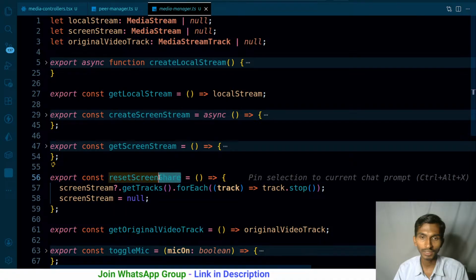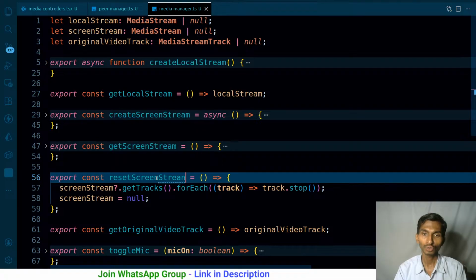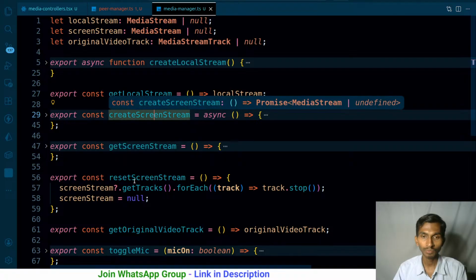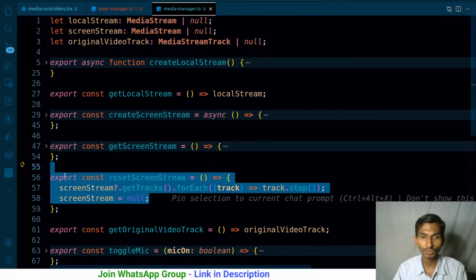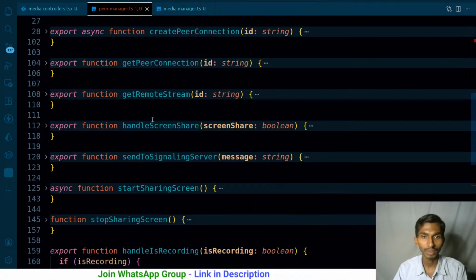Let me name it screen stream only. Why? So that I can use it again, just for that. So get screen stream, create screen stream, and reset screen stream, so that this same screen stream can be used for sharing the screen as well, for recording the screen as well. That's it.